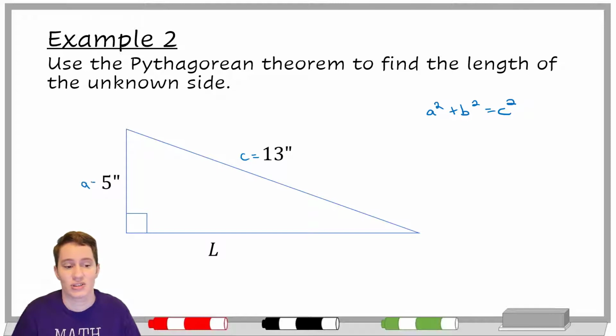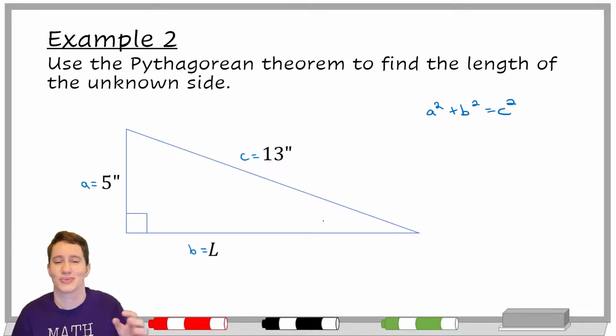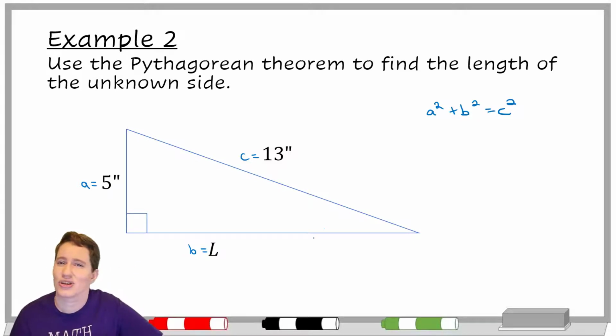Again, it doesn't matter which of these two you label A and which you label B. I probably have a habit of labeling the one farther left, or higher, as A, but you can twist the triangle around and have it look different. It doesn't matter which one's A and which one is B. We should still end up with the same answer. So let's do 5 squared plus B squared, which is labeled as L, so L squared, and then C squared,